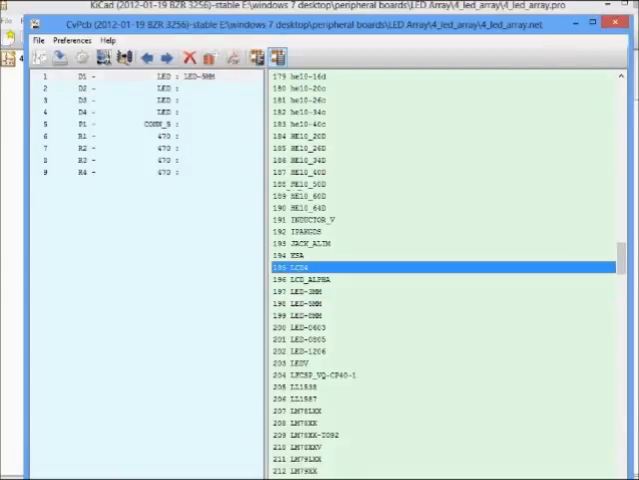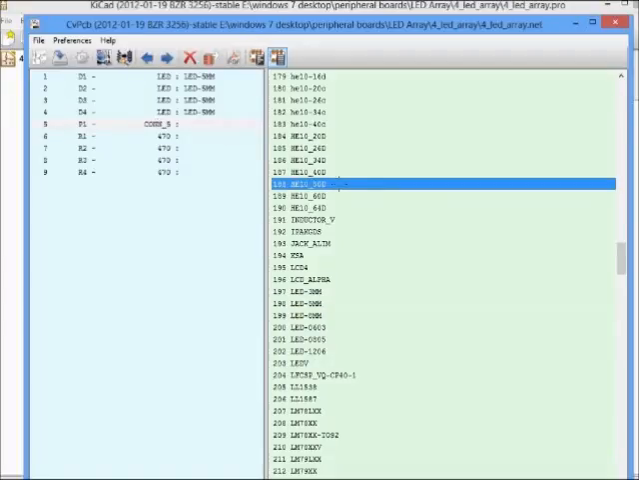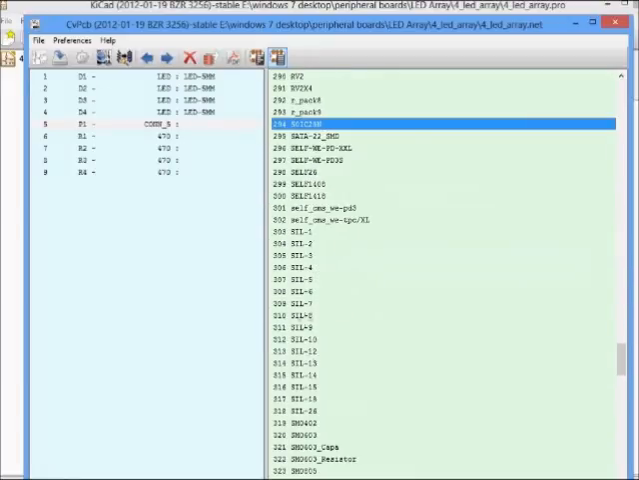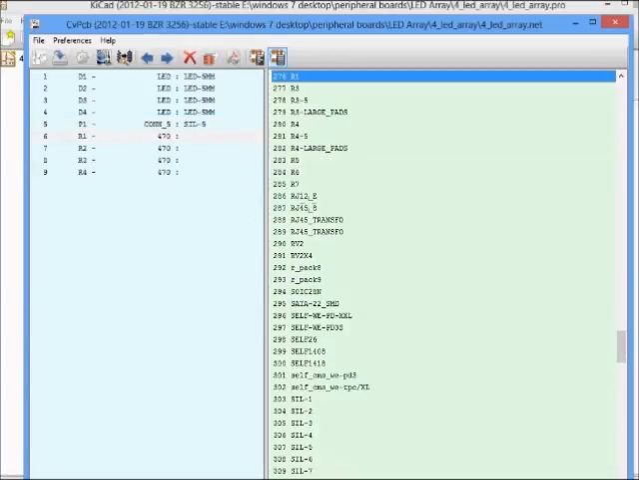Again, we need the same component for the remaining 3 LEDs, so let me just assign those. Okay, so here we need a 5-pin header, and let me just go ahead and put a 5-pin header here. It's SIL5 SIL, and then a simple resistor,